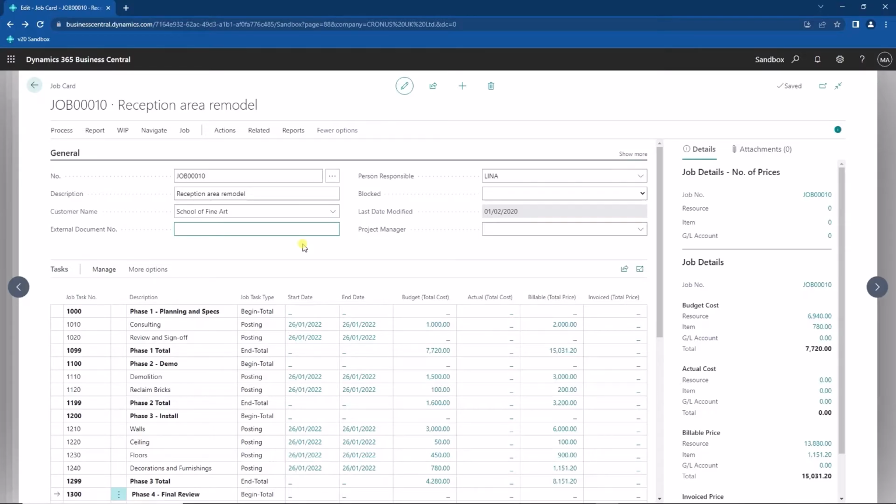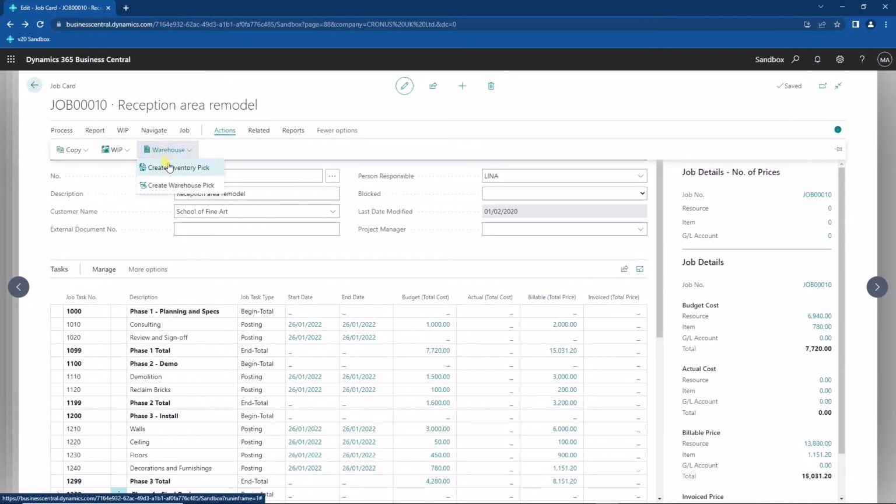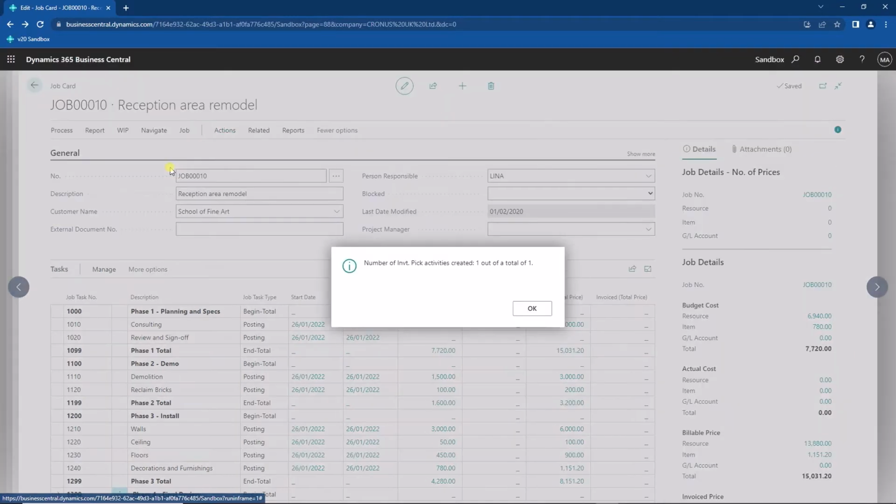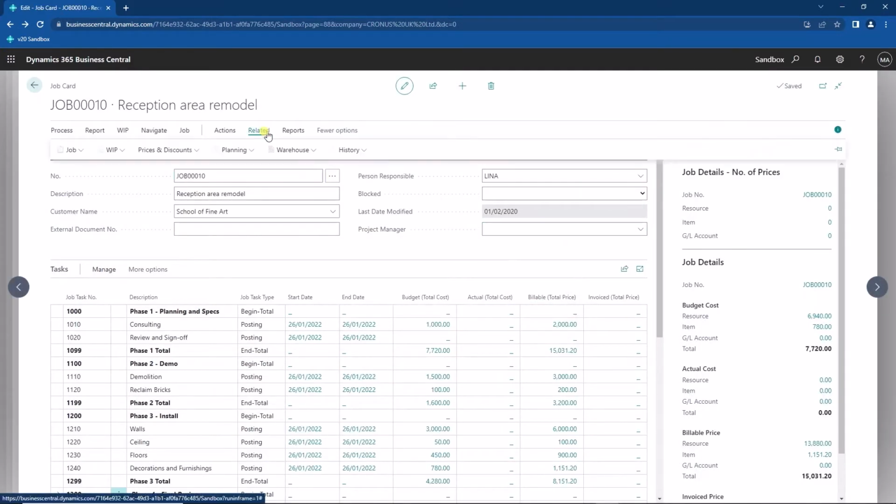Additional functionality has also been added to the jobs to integrate it to the warehousing module. On the jobs, there is now under Actions, Warehouse, the ability to create inventory picks and warehouse picks. Obviously this is dependent on the setup of the locations that you've got on this particular job, but for this job I know that I'm linked to the silver location, so I can create an inventory pick. When I run the process, it's now created me one inventory pick that I can now navigate to